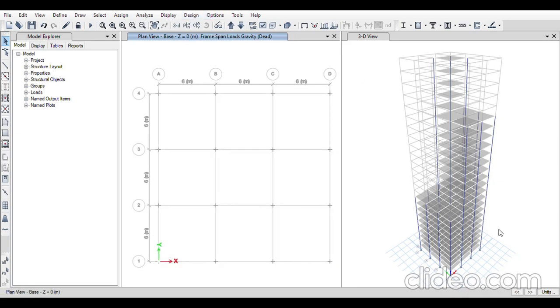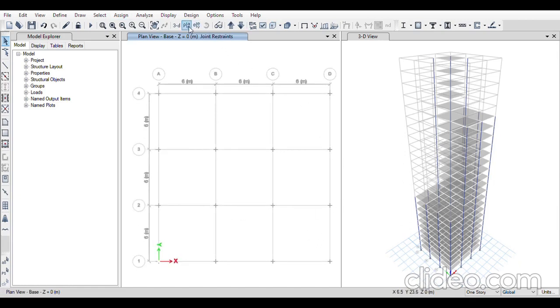And now the stories selection is not visible, so I'll go to display, undeformed shapes. It comes. Now I'll take one story. This is the basement, so I'll select all the joints from here. I've selected all the joints. I'll go to assign, joint, restraint. I'll select it and I'll click on OK to make all the joints fixed joints.